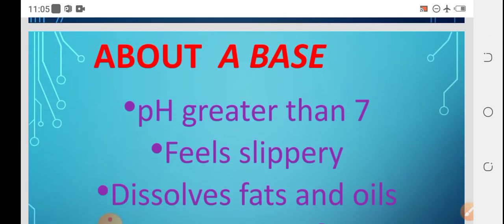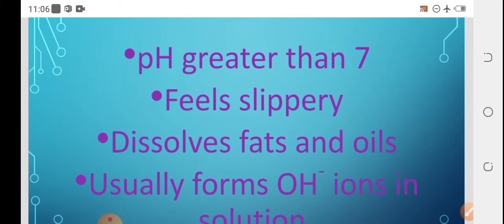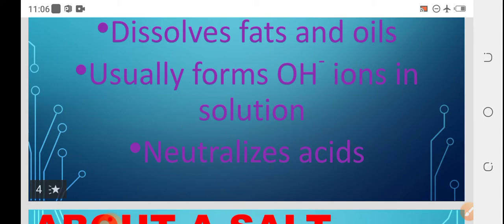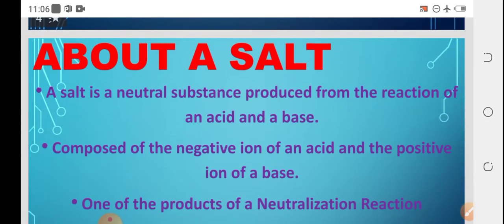Similarly, from the chapter, the summary of base is: pH is greater than 7. It feels slippery in nature. It dissolves fats and oils. It usually forms OH- ions in solution. Similarly, it neutralizes acids. And coming to the salt summary, a salt is a neutral substance produced from the reaction